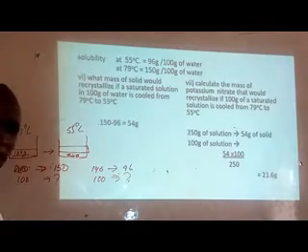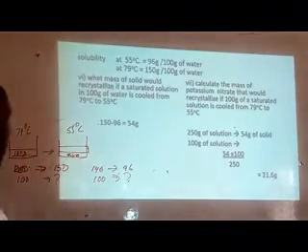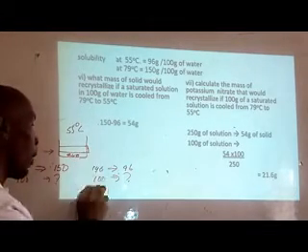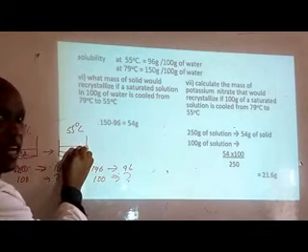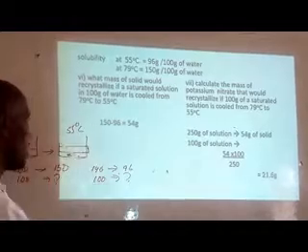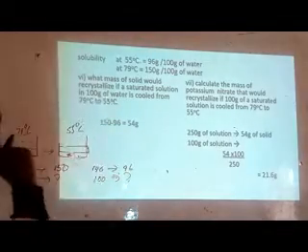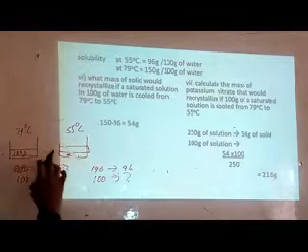It would be wrong to do that. Why? Because the moment I get to 55, the mass of the solid is no longer 100. Some of it has crystallized. So that is the wrong approach. The correct alternative approach would be to get the amount of water, because the amount